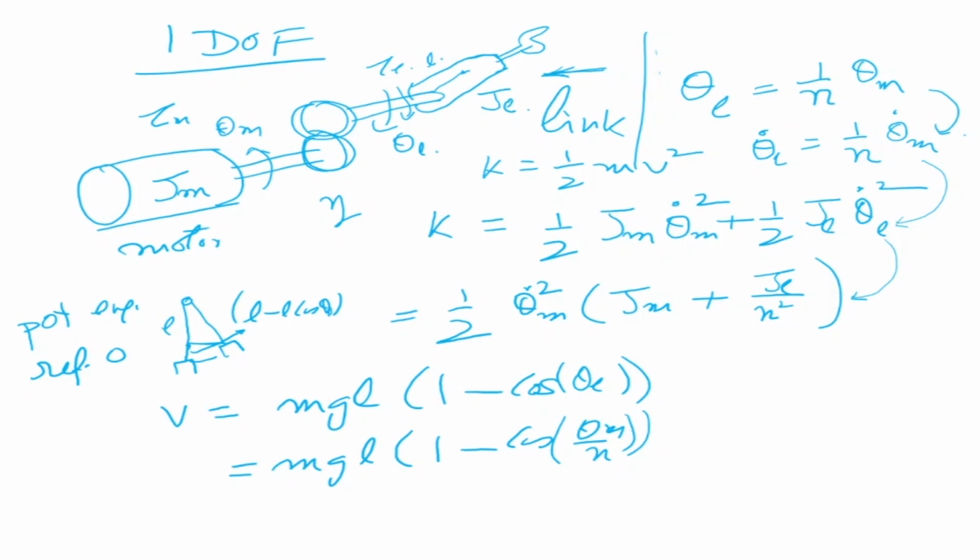Why? Because there are two variables you see in this equation. Theta m is a variable, theta l is a variable. So I converted all the theta l's to theta m. Similarly, here there is a theta l and a theta m. I converted all to theta m. Okay. Now,